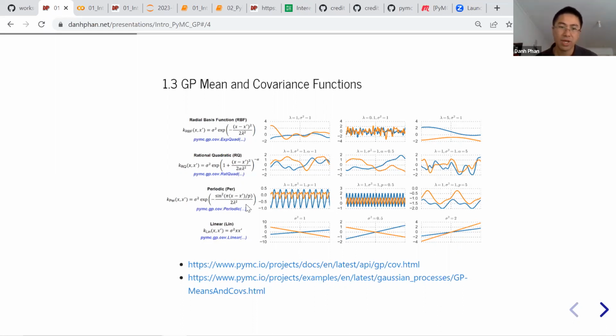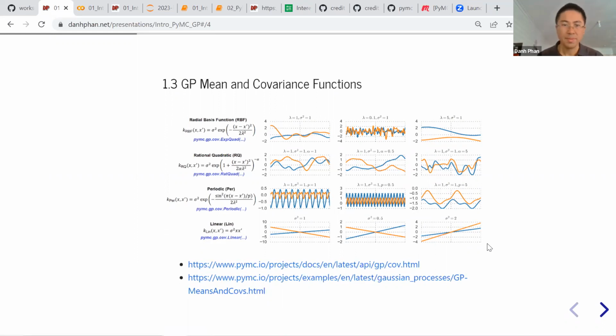And we can also have other covariance functions like periodic, which has the up and down like sine and cosine in mathematics, and we might also have a linear one. So there are a lot of other covariance functions, and here I put some references that later you can have a look at